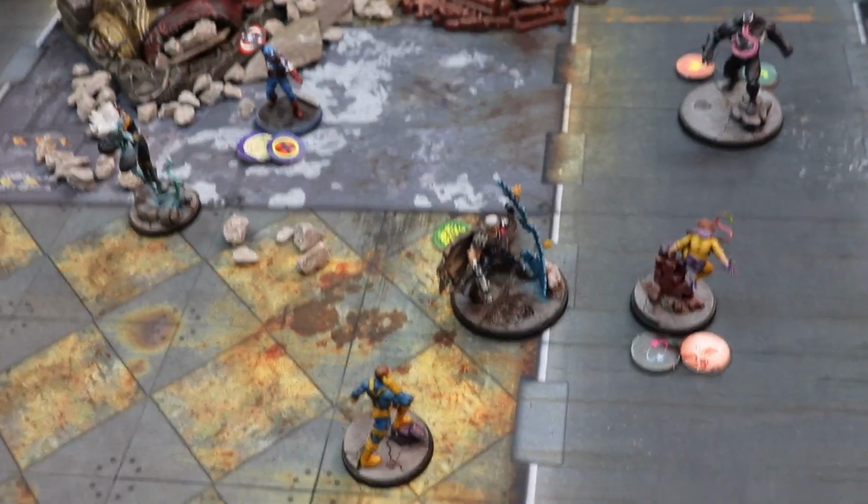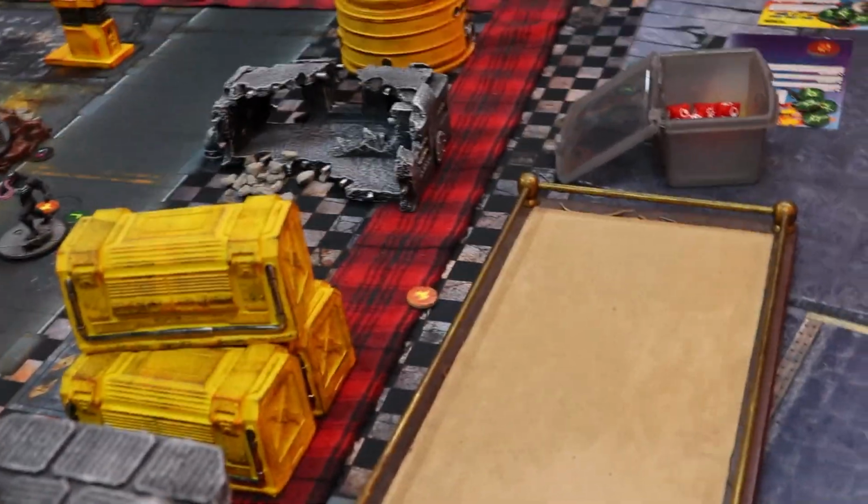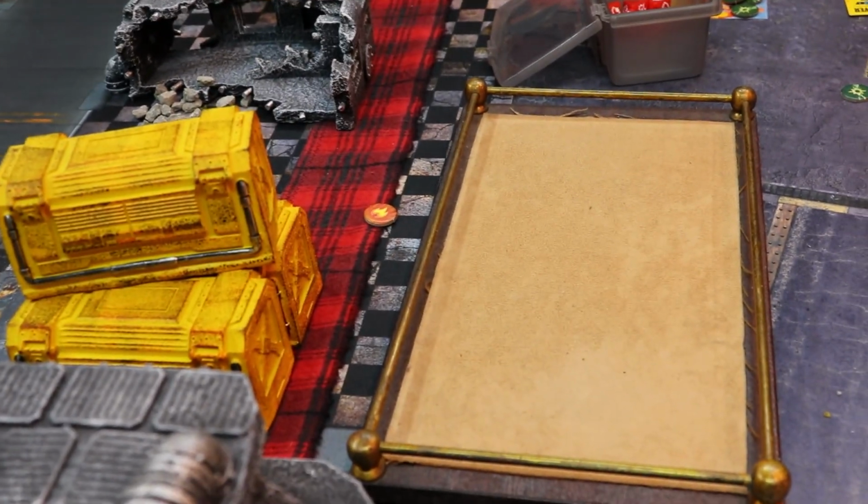Cable will then take 8 points of damage from bleed, and he is done. Striking now from Cap into Storm. You do have a push on there. I will not boost it yet. I'm not boosting it because this is just your basic strike, so I'm not boosting it with my telekinetic shield